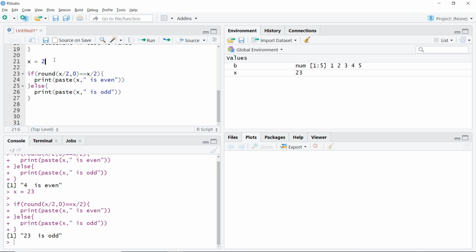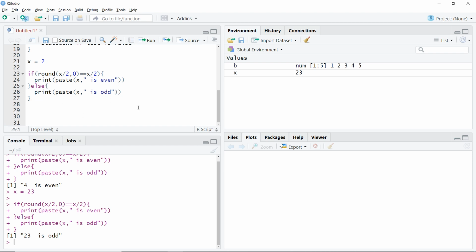Now we can have as many else if else statements as we want. Okay, so we can put an if statement inside an if statement. Now let's say that I may have non-integer values as well. Okay, so if I want to check whether it is an integer or not, then I will have an if statement of whether it is integer. Then I'll say do another if statement to check whether it is even or not, and so on.